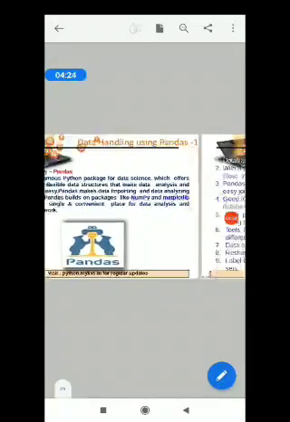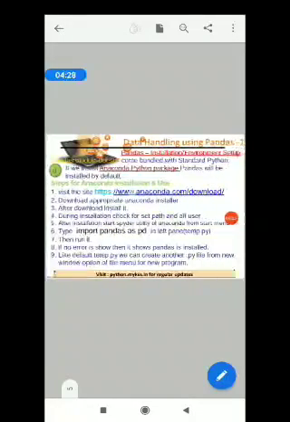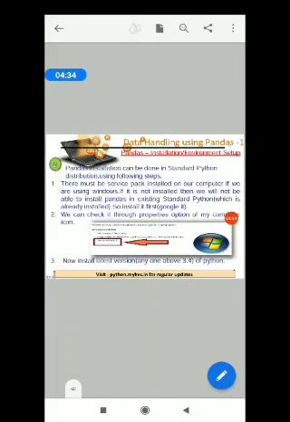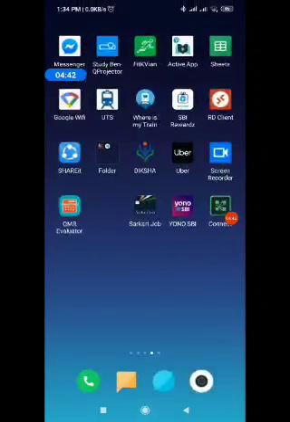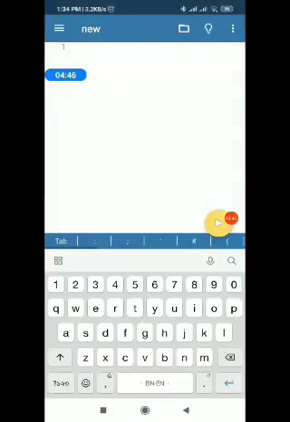Now I would like to show how to install pandas in your mobile phone or editor. Let me open the Pydroid editor in my phone. Here is the Pydroid editor. Now see whether we have the libraries installed in our phone or not.